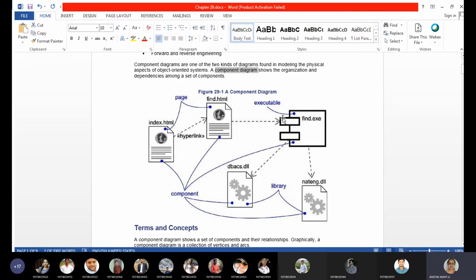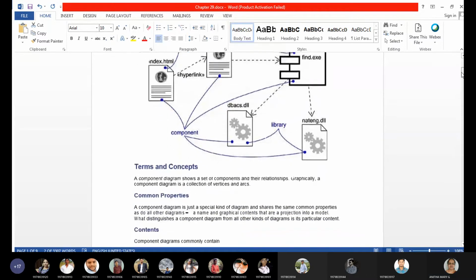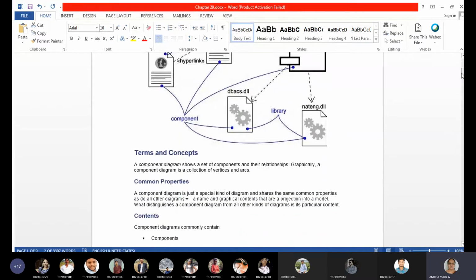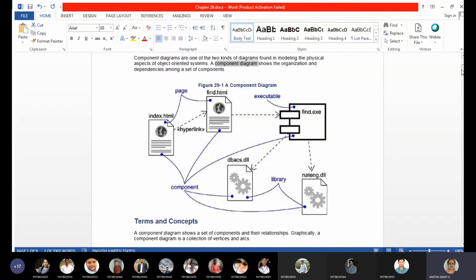So the collaboration of all these things, whether this executable depends on libraries and other documents, which can be .html, .doc, or .excel, anything it depends on can also be shown. Such a diagram we call a component diagram. So this is the introduction of component diagrams. I hope this is not new for us.